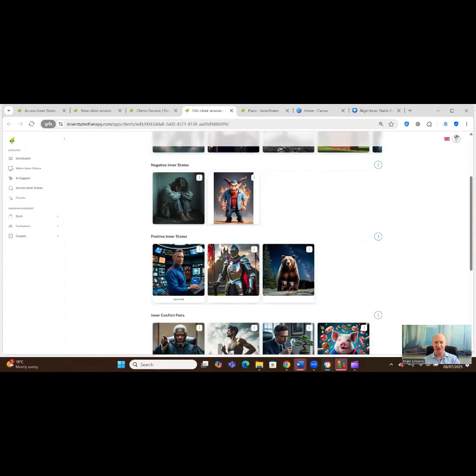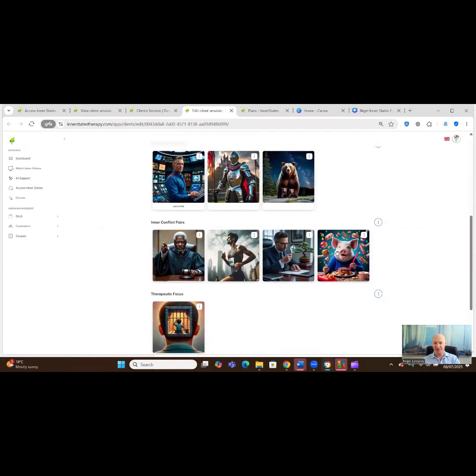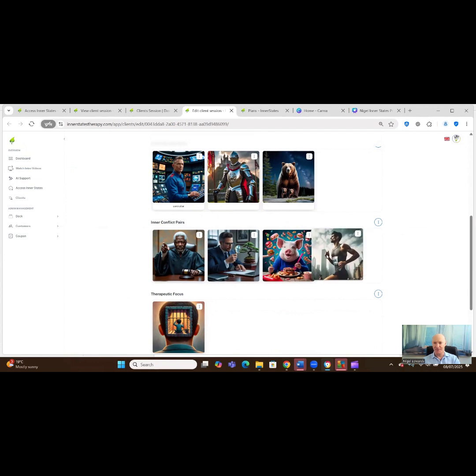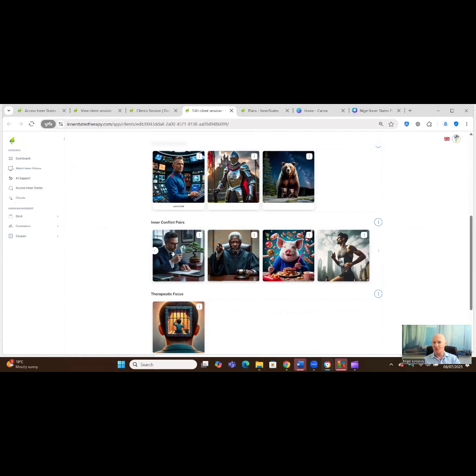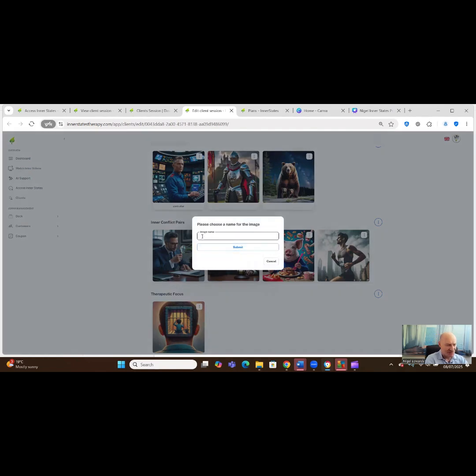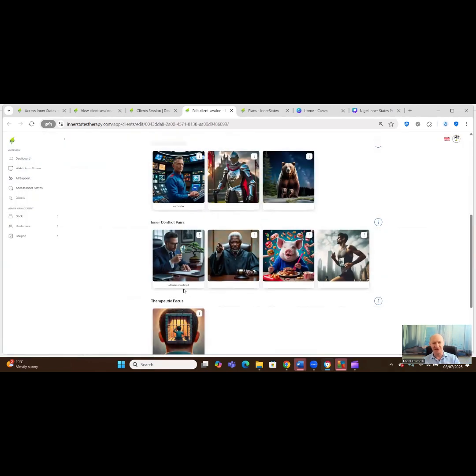And this is where you'll see that you can actually move things around. So there's the marathon man and the happy pig that I mentioned earlier. There's the judge, and whether we want to call that one the judge or the procrastinator or the attention to detail. Again, it's clicking on the three dots and you can name your image. So we'll call him attention to detail and submit. And hence you get the name up there.